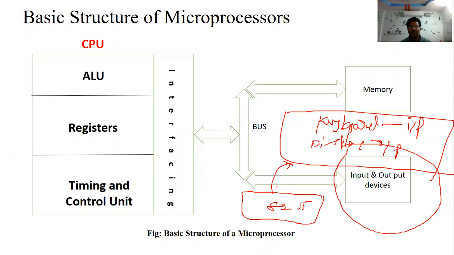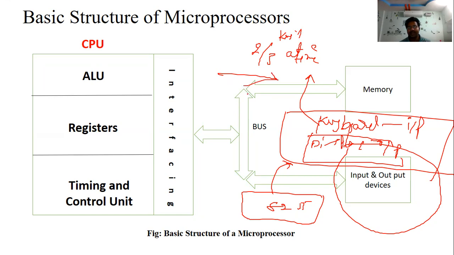What are the problems? Suppose you are pressing 2 or 3 keys at a time. What will happen? The keyboard is not recognized. But nowadays on a keyboard, when you press 2 or more keys at a time, at least one of the keys is identified. You can check it on our laptop or desktop. Again, for the display, there is right entry as well as left entry. It can display from right to left or left to right. We can call this right entry as well as left entry. There is no such option with 8255.